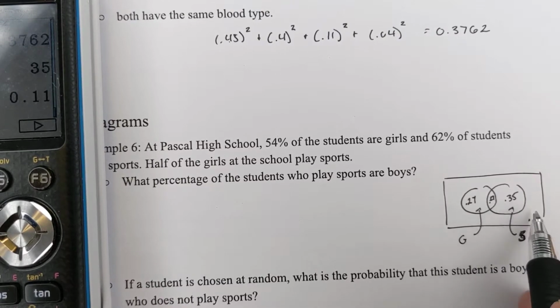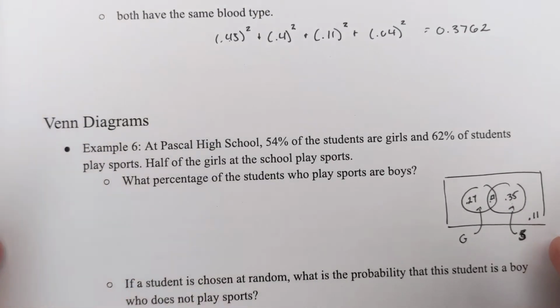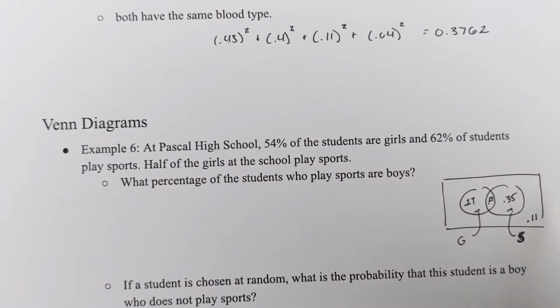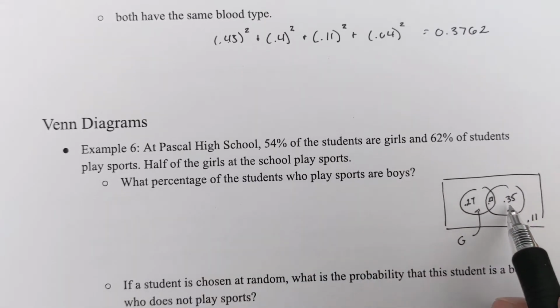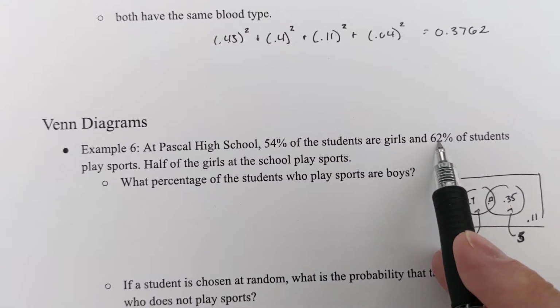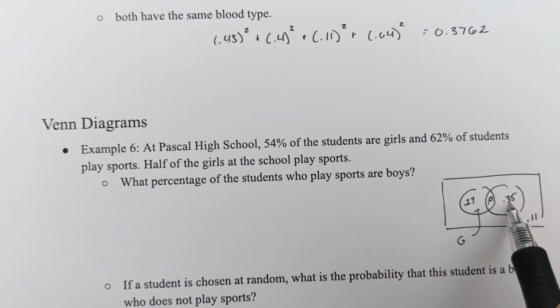students who play sports, which means this outside piece is, this is boys who play sports, and that's just boys. Okay, or boys who do not play sports. This would be boys that do play sports. What percent of the students who play sports are boys? Well, if 62% of the students play sports and 0.27 of that is girls, the other part is the